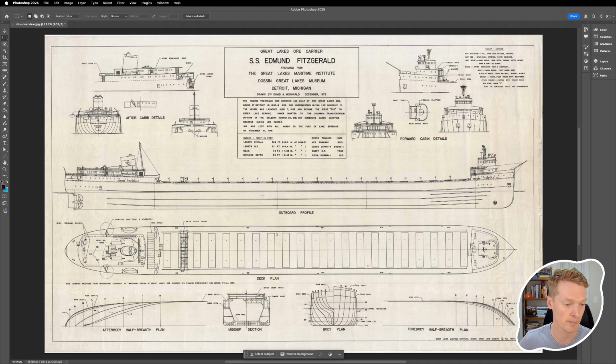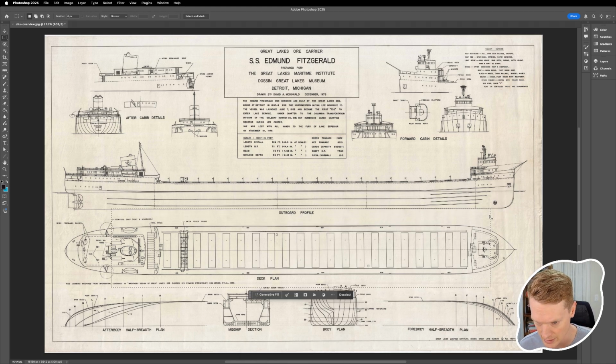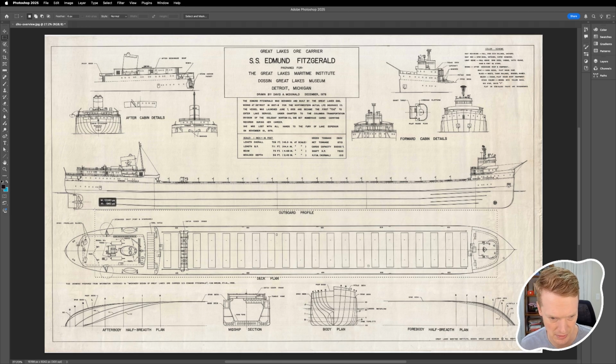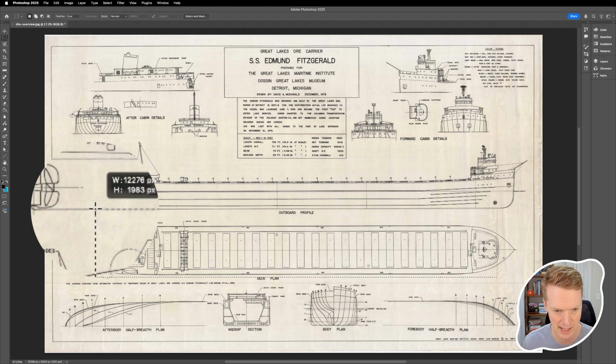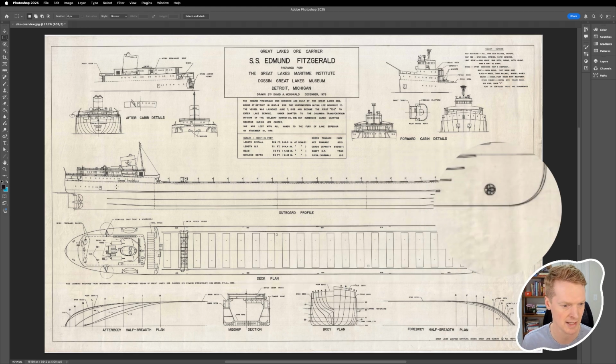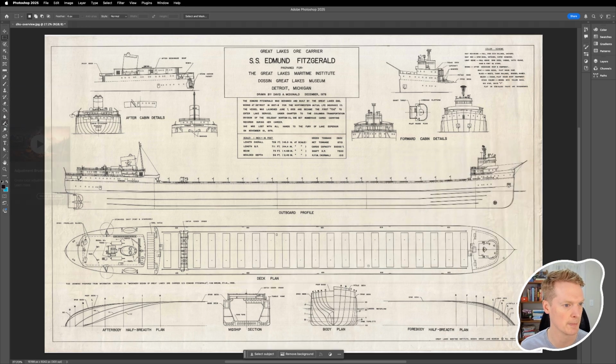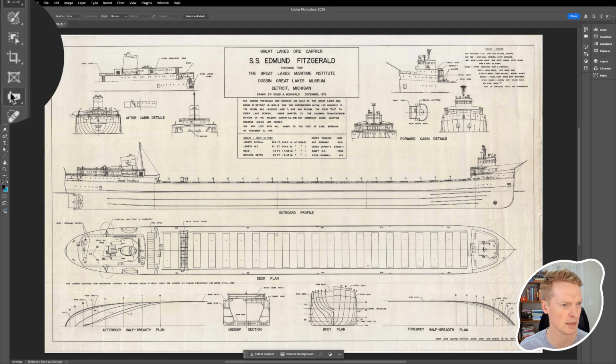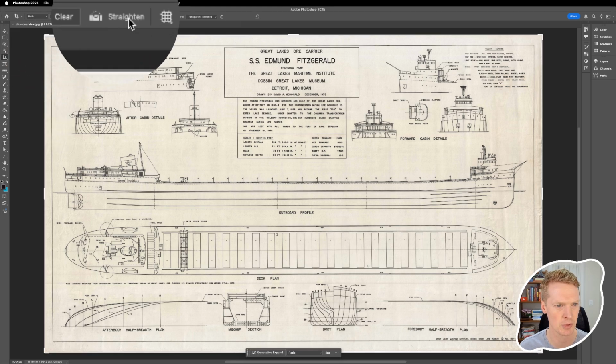This has been really helpful, and I haven't tried to get this image into BrickLink Studio before, so we'll see how this goes. The first thing I want to do is make sure that it is straight. So I'm just using a rectangular selection tool and lining it up to the bottom of the ship. On the left side it's lined up with the bottom, and on the right side it's not. So, if I can remember where it is, under the crop tool, there's this button where you can straighten,